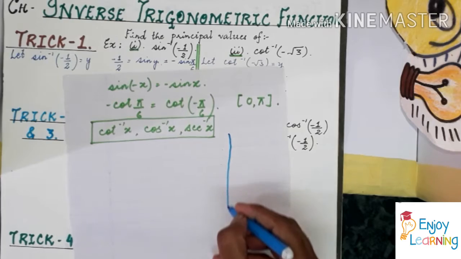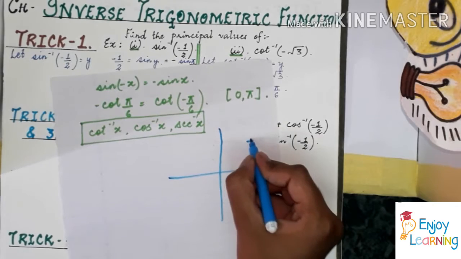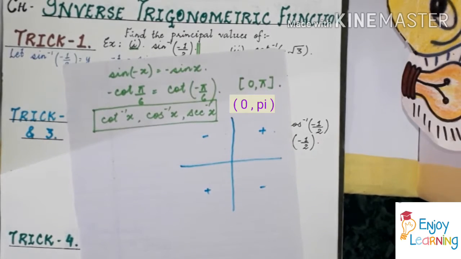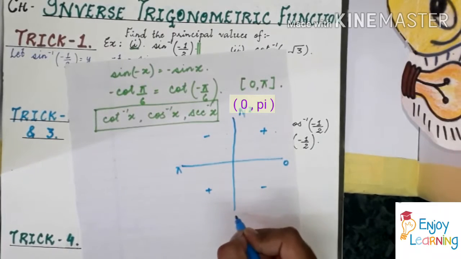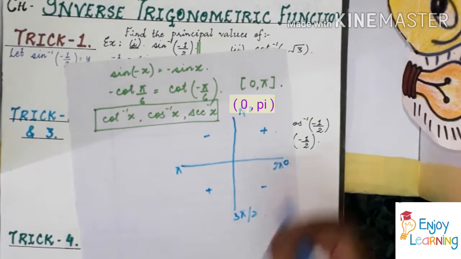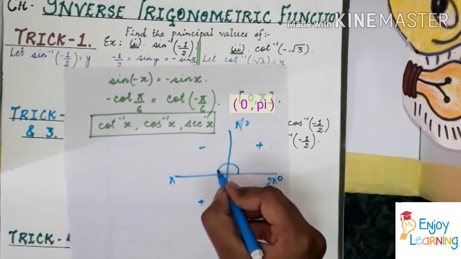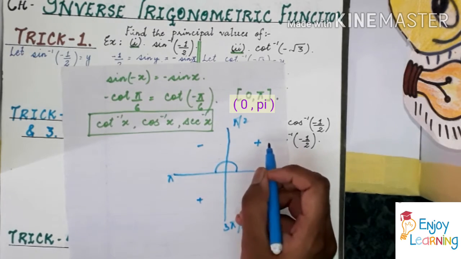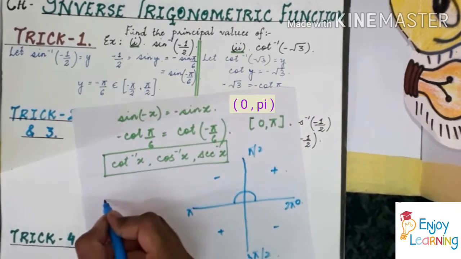So let's use the graph system for cot x. For cot x, cot is positive in the first, negative in the second, positive in the third and negative in the fourth quadrant. This is 2 pi. So the principal value branch of cot is from 0 to pi. So you have to find such a value of y so that it lies between 0 and pi. That means either in the first or in the second quadrant. So from here you can say that cot